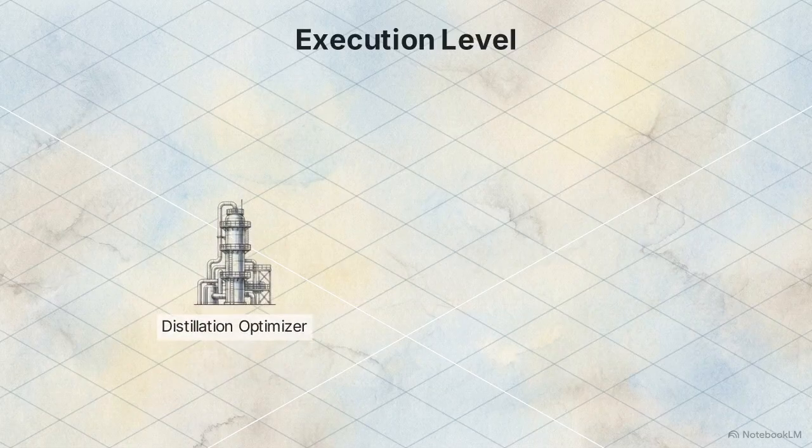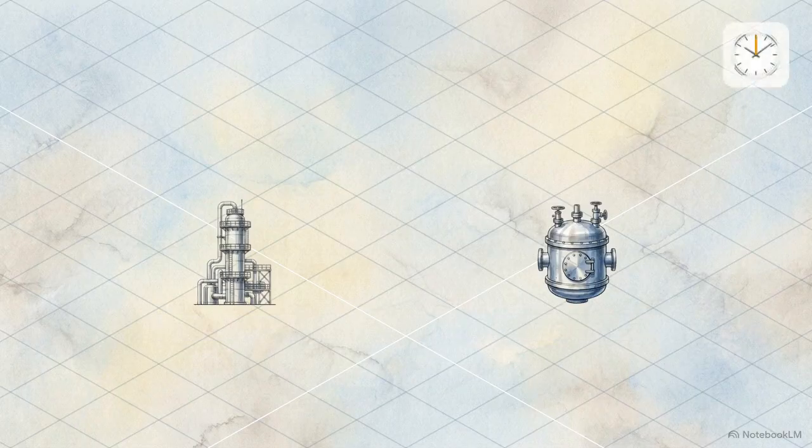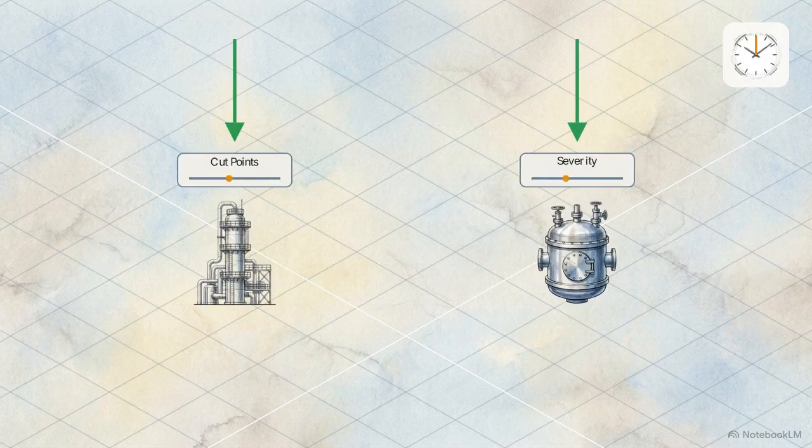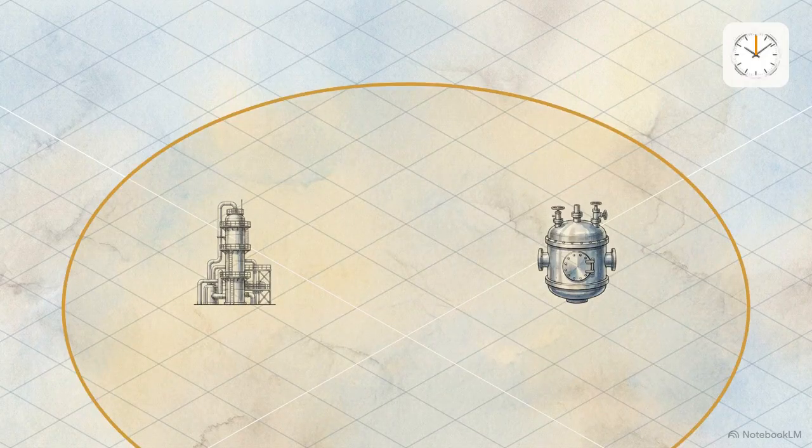This base layer contains unit-level models, such as the distillation optimizer and the conversion optimizer. These algorithms operate continuously, recalibrating targets in real time and hourly increments. They adjust temperature cut points and reactor severity by the minute, extracting the maximum economic value out of every barrel currently inside the unit. To prevent the algorithms from making mathematically perfect but physically dangerous recommendations, they are enclosed by